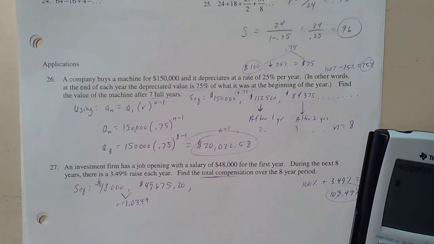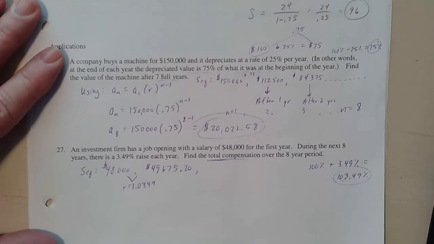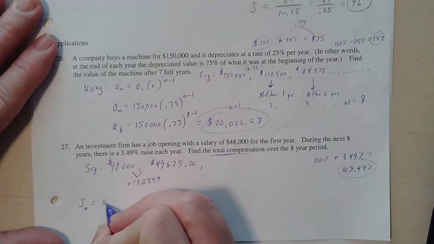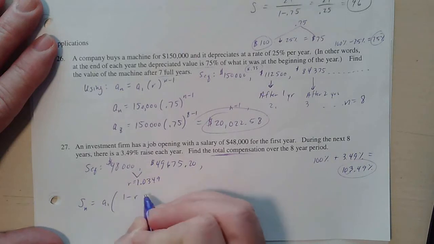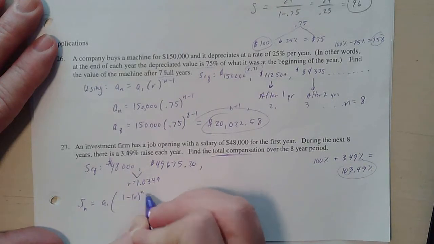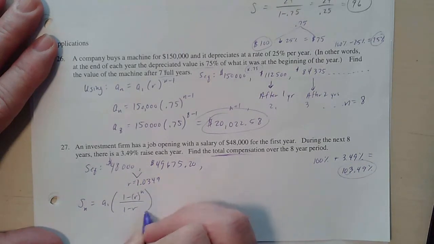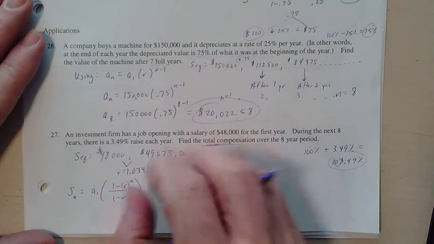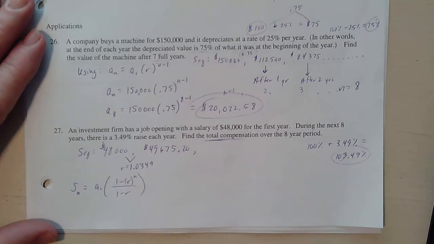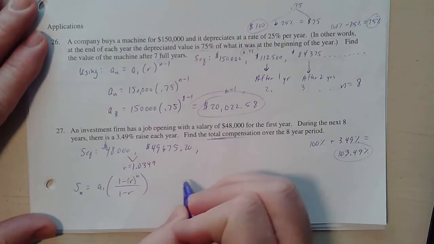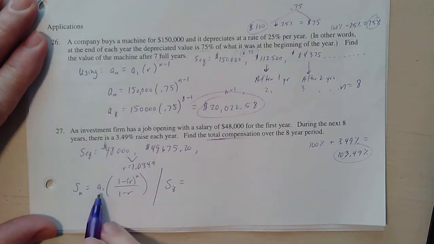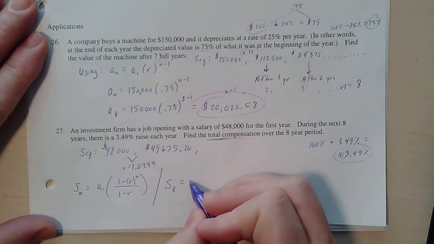Okay, so remember our sum formula for geometric sequences says this: S of n equals a1 times 1 minus r raised to the n over 1 minus r. It's probably on the previous page of the notes. All right, so let's just grab what we need, throw it in there, and then be careful with the calculator. So we want the sum of 8 years. What's the first year salary? 48,000